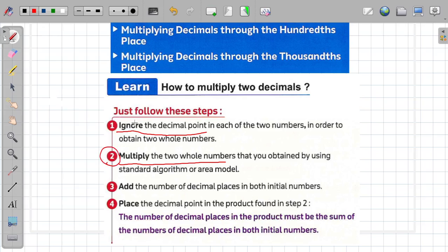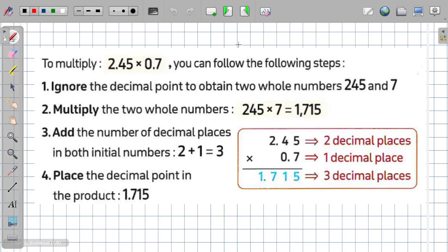So ignore the decimal point, multiply the two numbers. After that, add the number of decimal places in the two numbers, and then put the decimal point in the product of the operation. Okay, so if you have an example like this, 2.45 by 0.7, what can I do? I will ignore the decimal point in the first number and the second number, like this. So I have 245 by 7. So I will multiply 245 by 7. So the result here will be